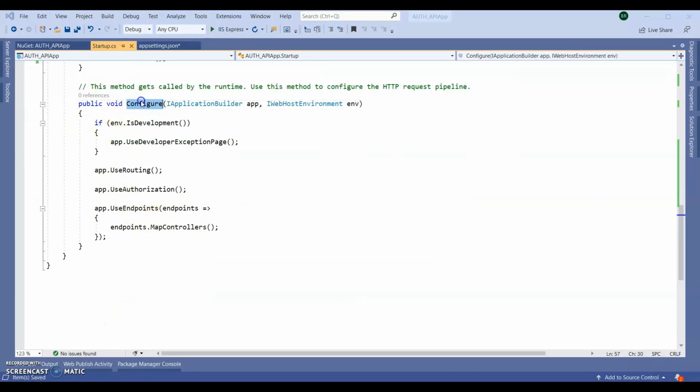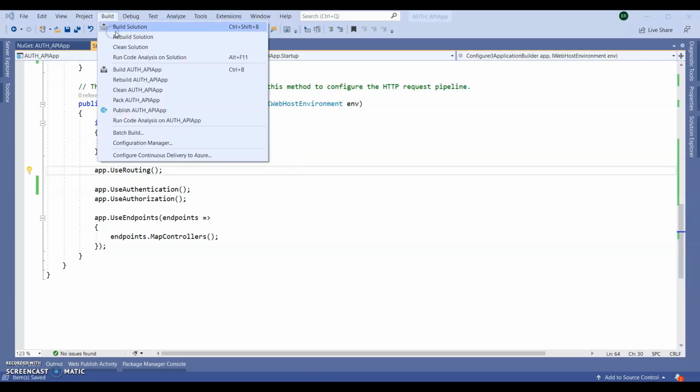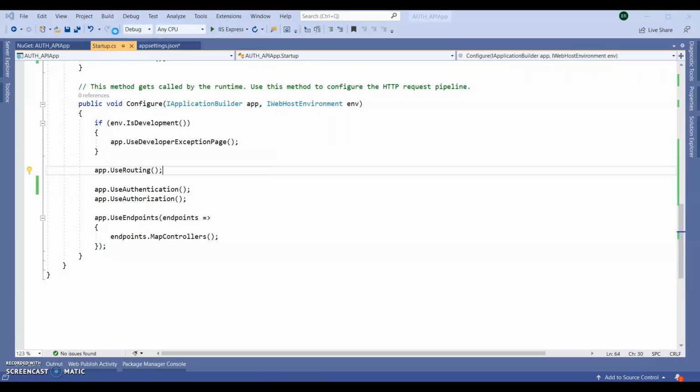Next, in the Configure section, we need to add UseAuthentication. Everything is set up. Let's build the application and run one more time and see how it is working.